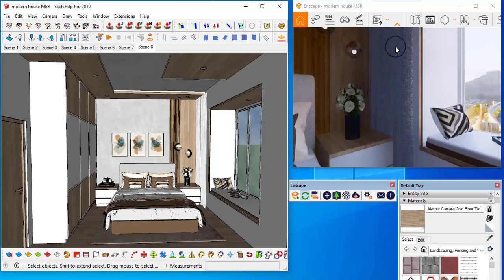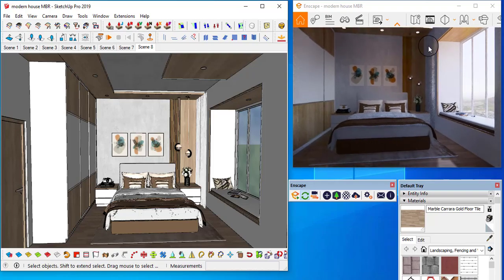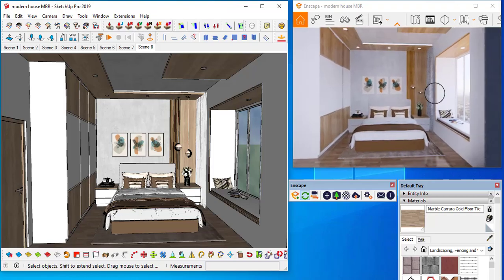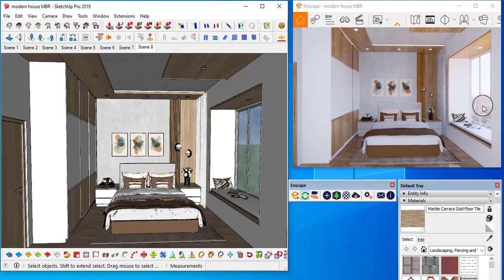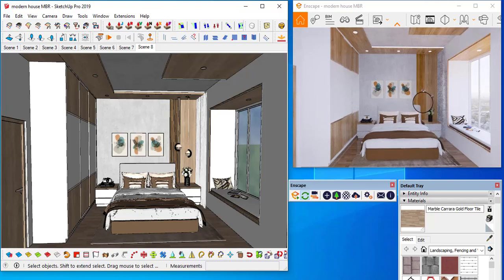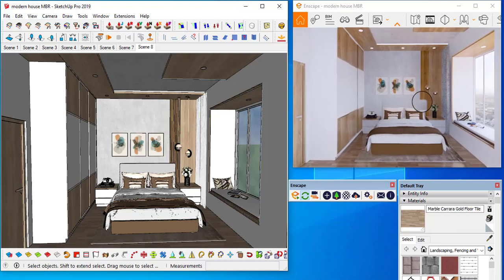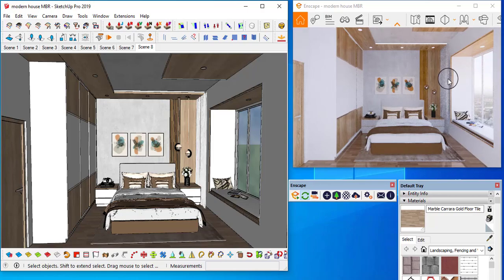So if you want, you can keep it, since from this direction I can see this town. It's not the scene, but it creates a natural view, so I can keep it the same. But what I want is for the sunlight to be coming inside. Further, I can adjust the sun settings.